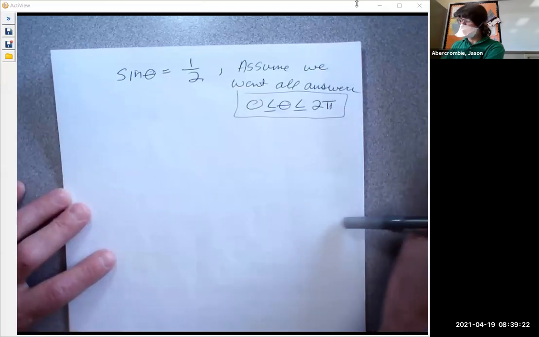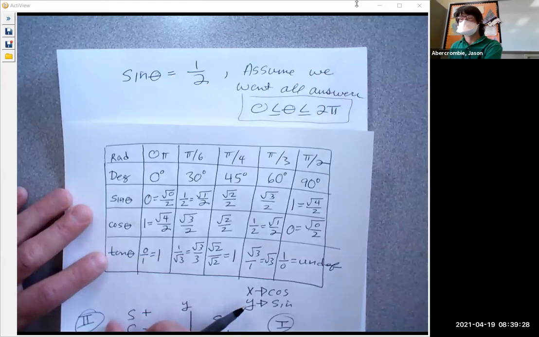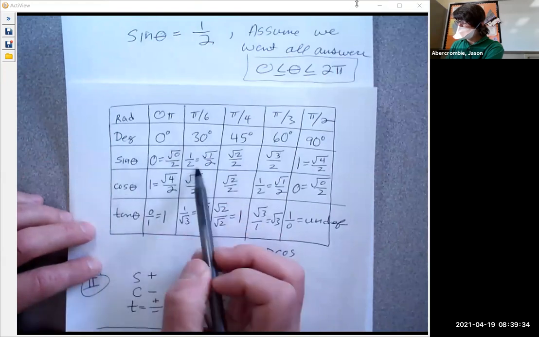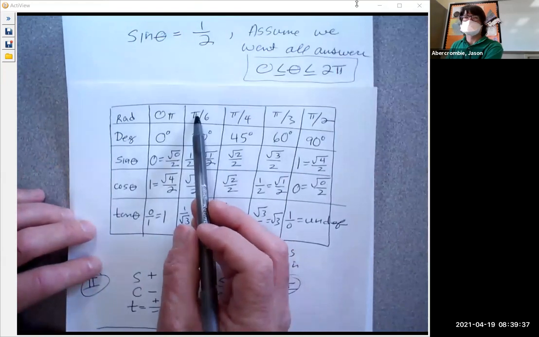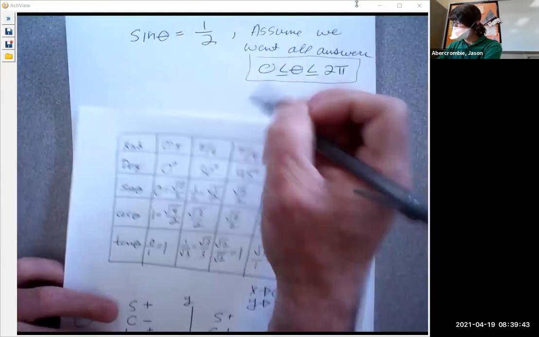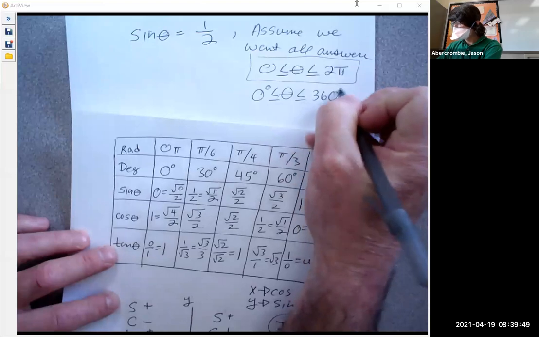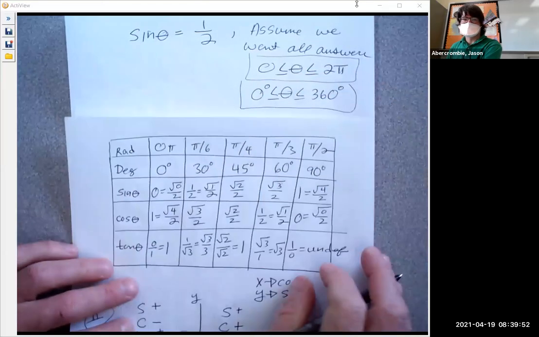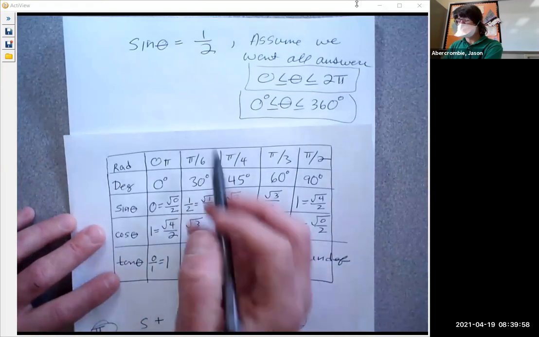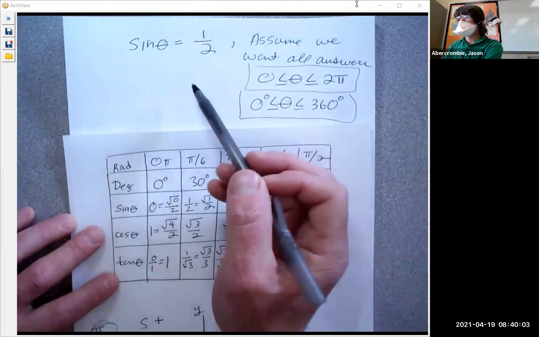So without having to do any algebra at all, let's go straight to my chart. What angle makes sine 1/2? What angle up here makes sine 1/2? Here's 1/2, here's sine. That looks like 30 degrees, or you could say pi over 6 radians. I kind of started writing radians here, but we could do degrees. We'll write it in both. It looks like 30 degrees is a possible answer. 30 degrees right in here, or pi over 6 radians would make sine equal to 1/2, which is correct, but